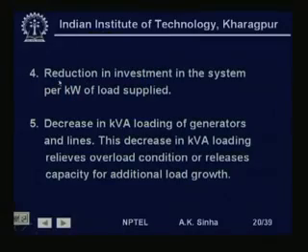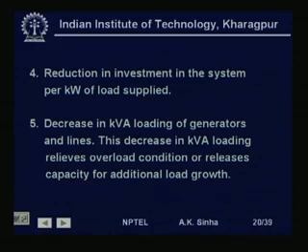So, by using reactive power compensation, we are reducing the reactive power requirement of the system, and therefore we are also reducing its kVA requirement, or we are reducing the investment in the system per kilowatt of the load supplied. Now, a decrease in kVA loading of generators and lines happens because of this, and this decrease helps us, because this decrease in kVA loading relieves the overload